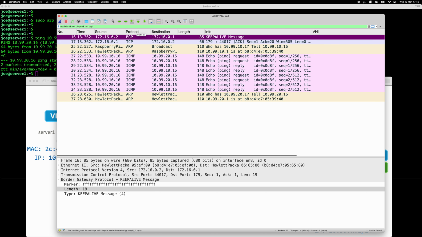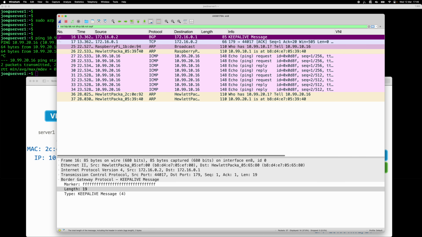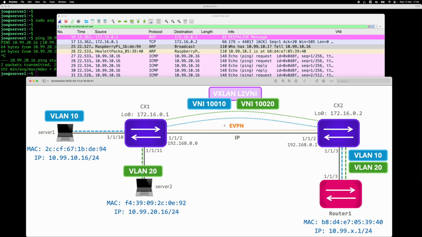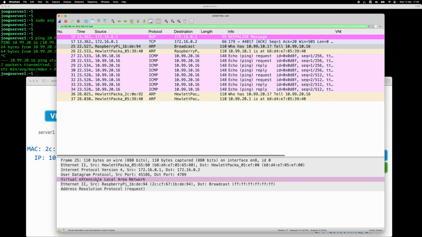That's my ARP, who has, coming from, yes, resolved it there. The source is a Raspberry Pi, which indeed it is. And it is saying, who has 10.99.10.1, tell 10.99.10.16. So that's our ARP request being sent from here across, and I'm picking it up here. You can actually see it does go across the VXLAN network. There's the VXLAN for it. And it is broadcast. So the inner packet is from our Raspberry Pi,